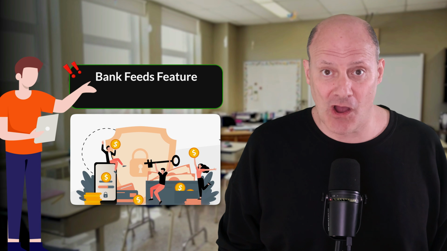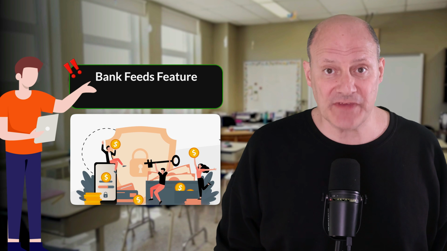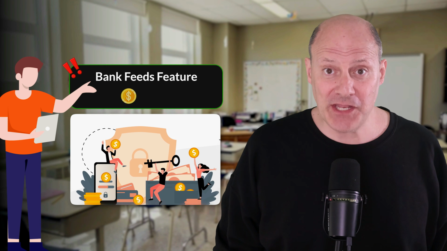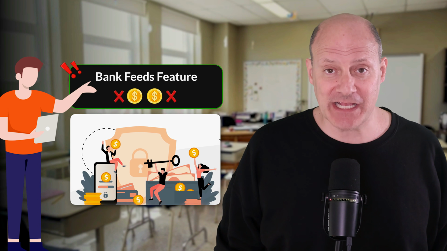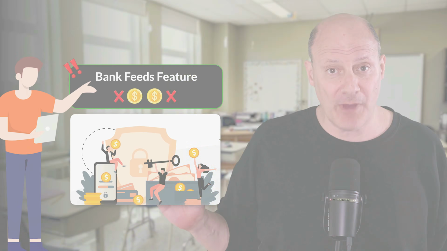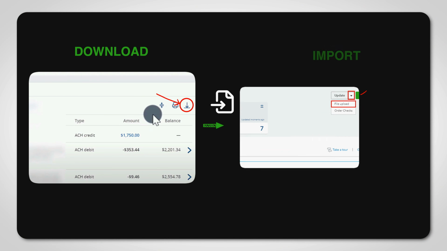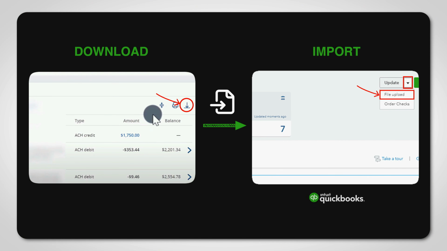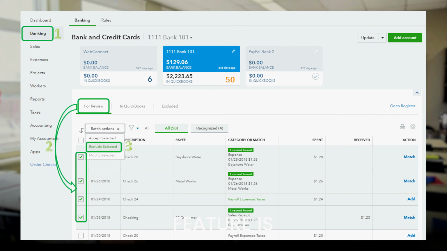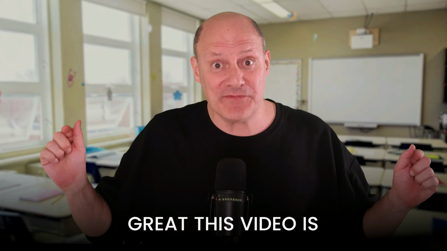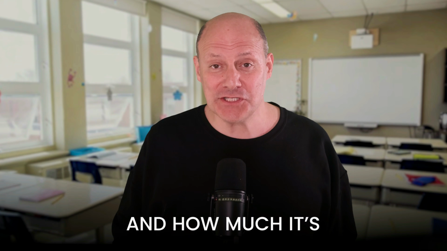And you will be amazed at the safeguards that are already in this feature that help prevent you from duplicating transactions that you recorded by yourself when you go to download the new transactions from your bank. That's how great this feature is, and that's how great this video is, and how much it's going to help